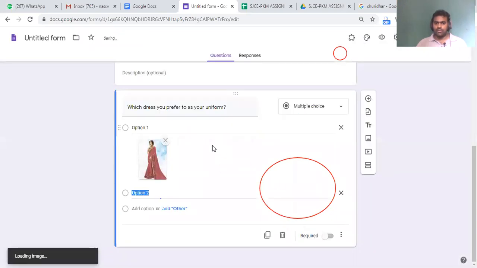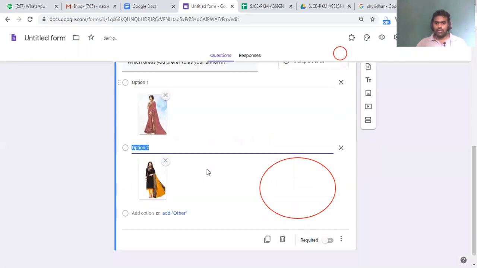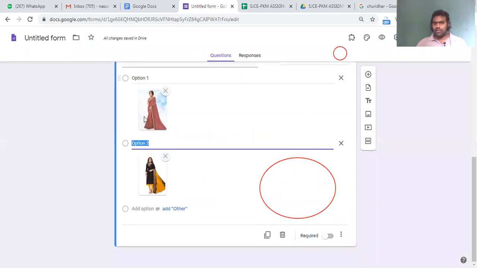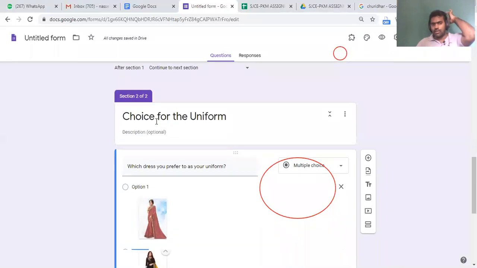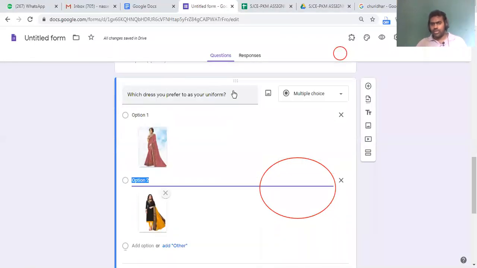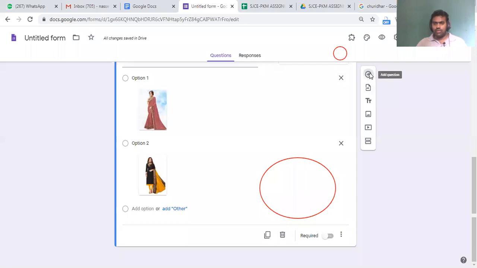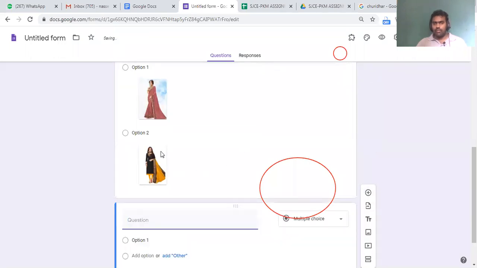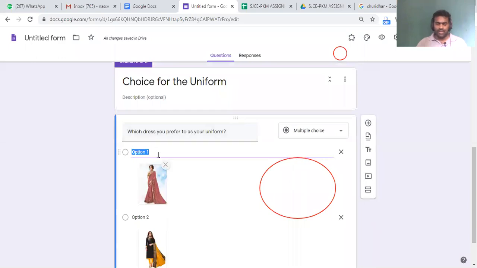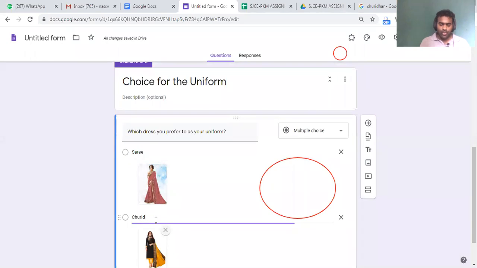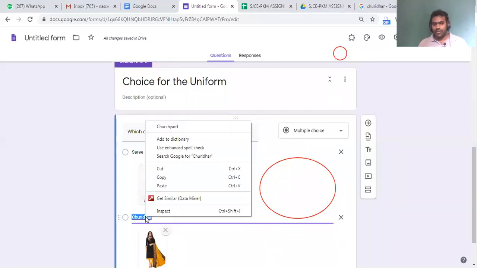Like this, you can add mathematical equations and all. If you are unable to type your mathematical equations, you bring them as images. Now I'll go to another one. So here, better you always give something like sari, churidar. Why? Because when you export into Excel, this image will not be seen there. Only option 1 and option 2 will be shown.